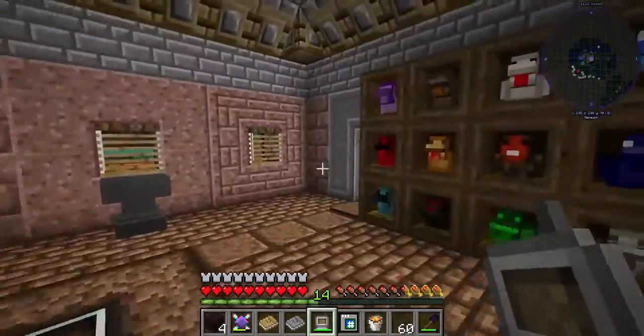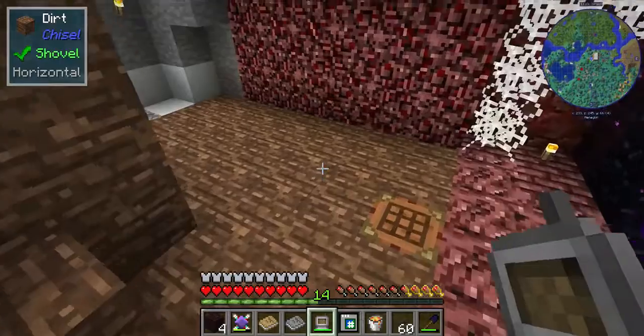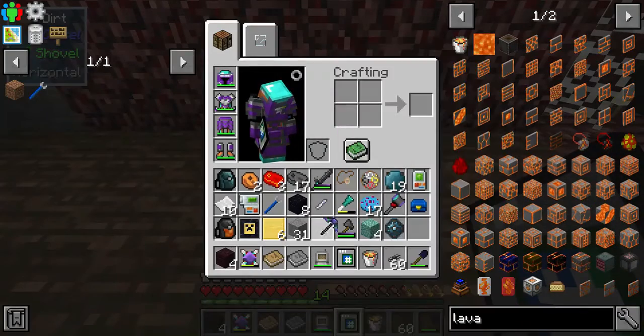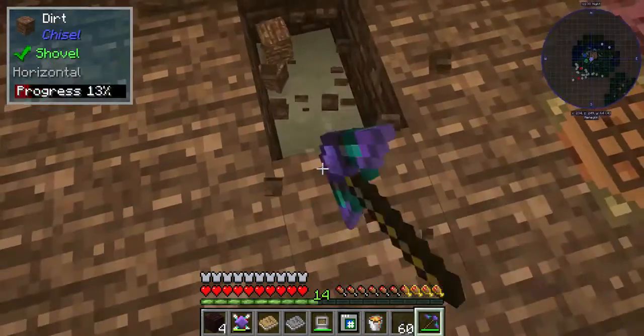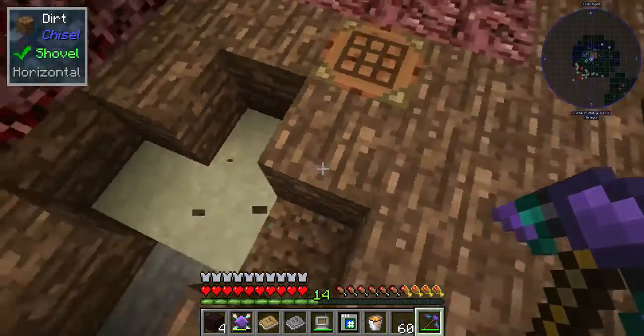Let's go back over here to the station. We're going to make ourselves some demon metal. Now I can automate this process pretty easy with the dropper and a collector. But I'll show you what it is I'm going to do anyway. So, alright. Now if I'm doing this right,